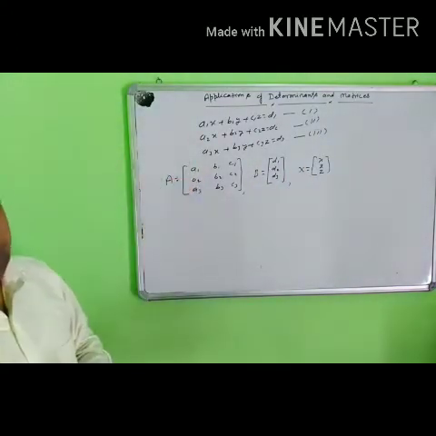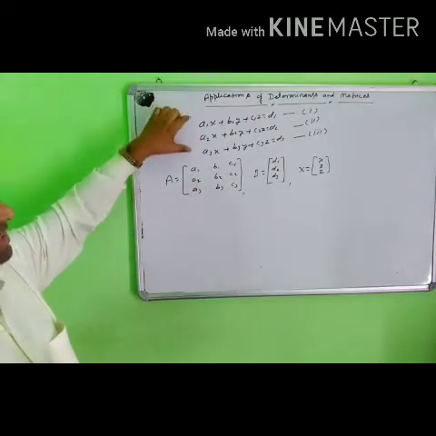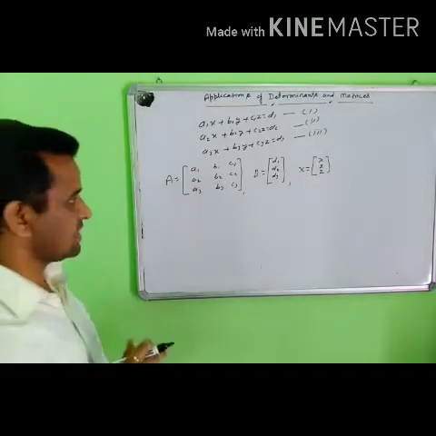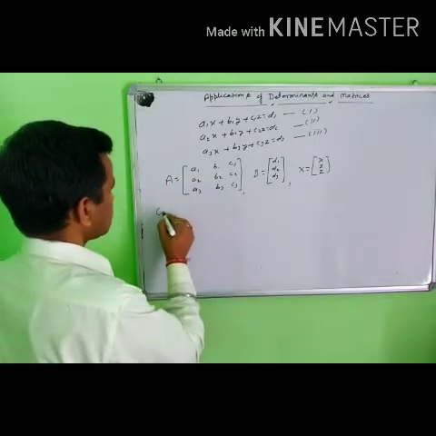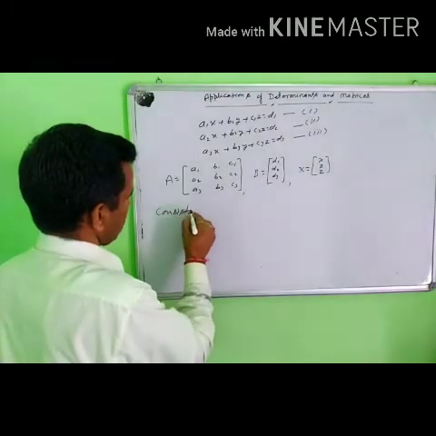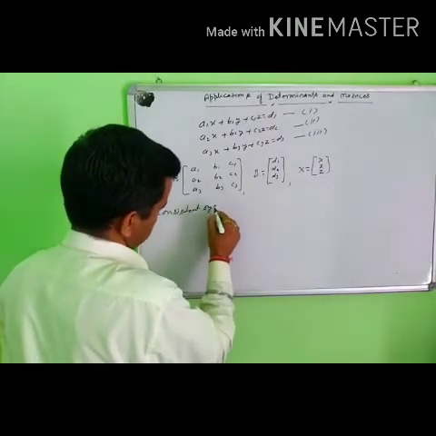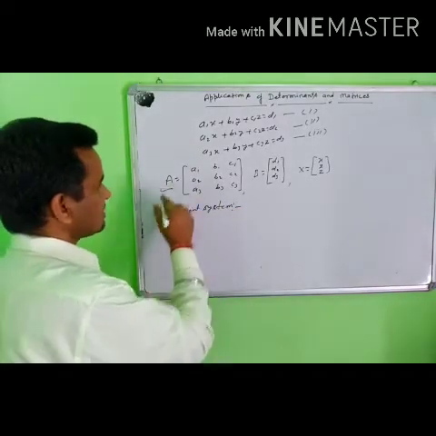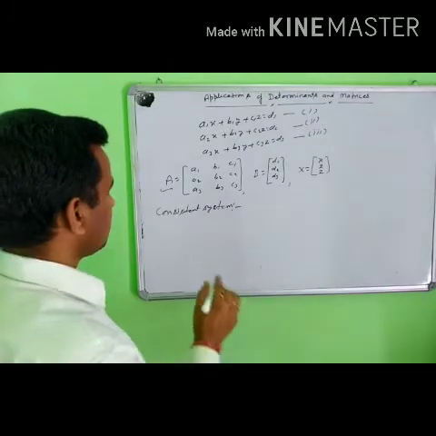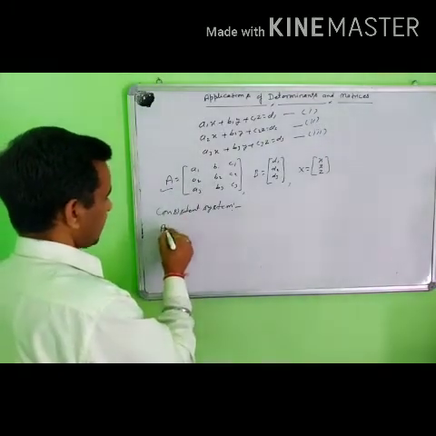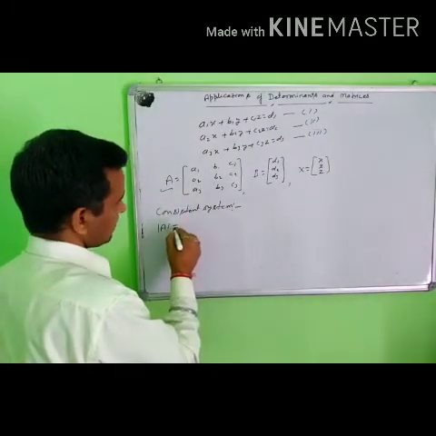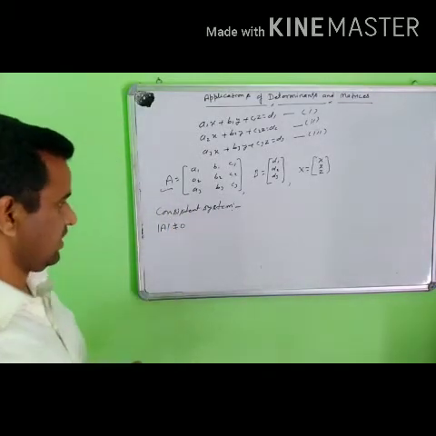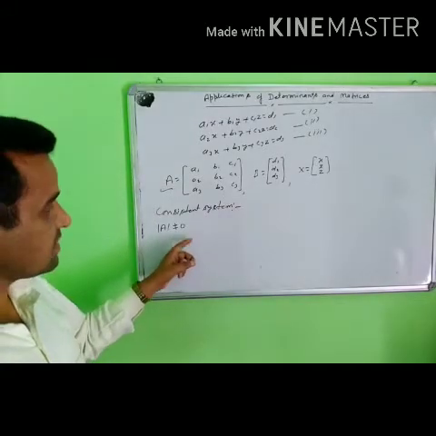Now, how to solve this question? First of all, we will check whether this system is consistent or inconsistent. How to check? Find the value of the determinant. The determinant value for consistency is not equal to 0. If the determinant is nonzero, then